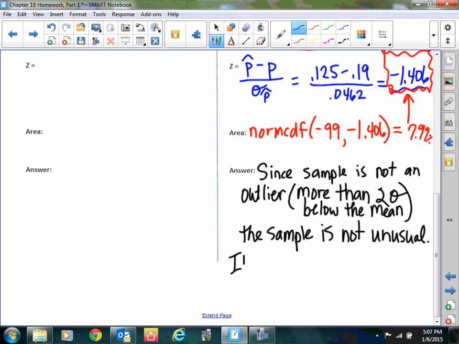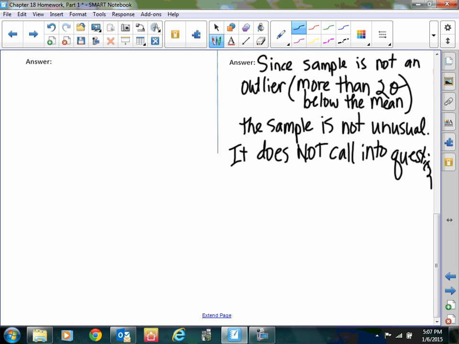It does not call into question the fairness of the jury selection process. Because the number I got could have happened just because of sampling variability. It's not freaky low. So I don't have evidence that they are choosing jurors unfairly. So it does not call into question the fairness of the jury